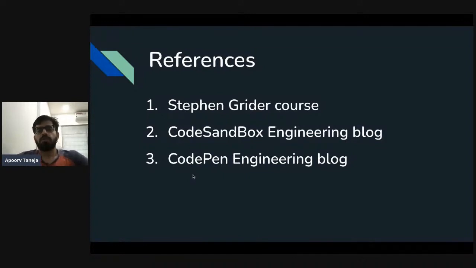I also checked the CodePen Engineering blog. They use Skypack for bundling code. I'm currently building an online code editor, and I'm referring to different sources out there. These three top sources helped me a lot in building a code editor, and I'm still building it. So you can refer to these three sources and learn a lot about them. So that's all for